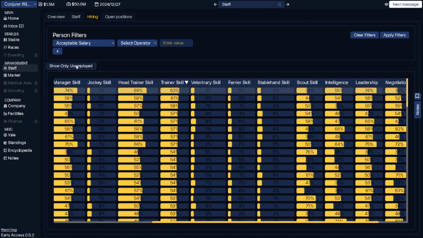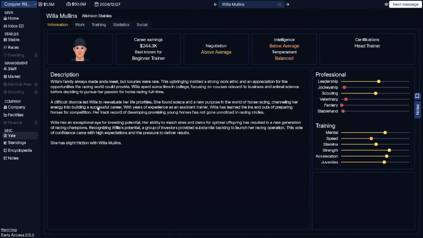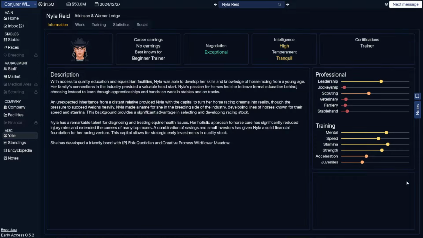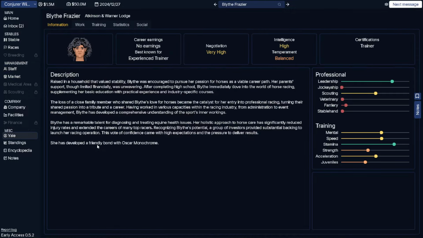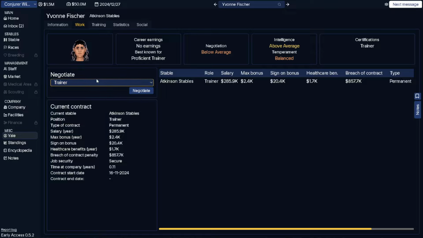There isn't anyone really good, so now what do we do? Well, why don't we just go and try and upset someone? And steal their trainer. And try and find someone that we like their training skills here. I was kind of looking for someone with some skills with juvenile that aren't bad elsewhere, but looks like nobody knows how to train a juvenile, so Yvonne Fisher might be the best,